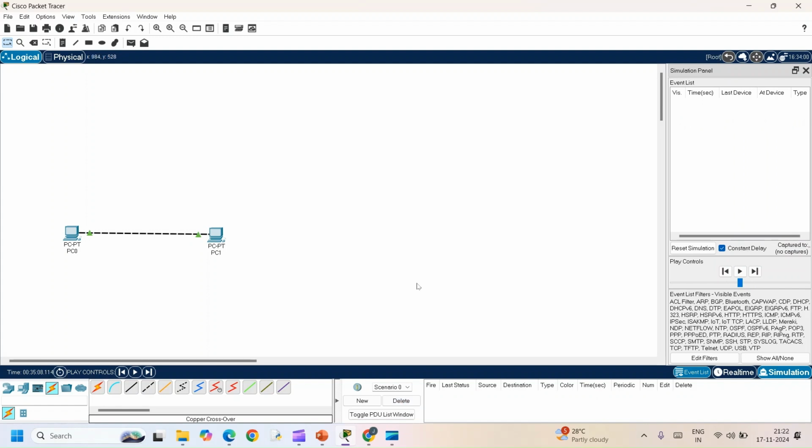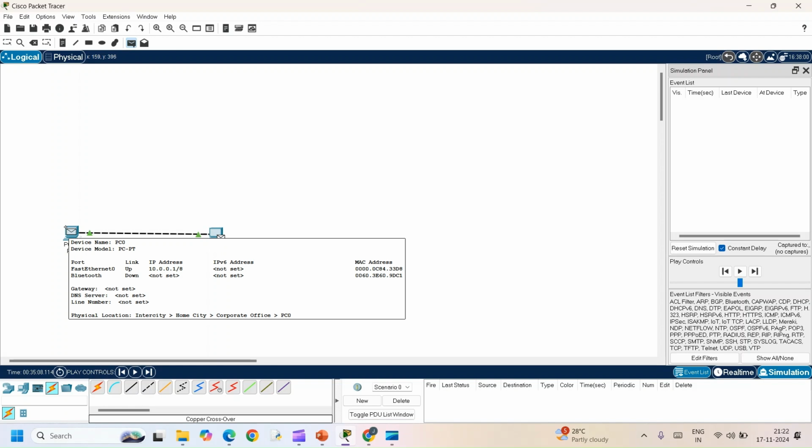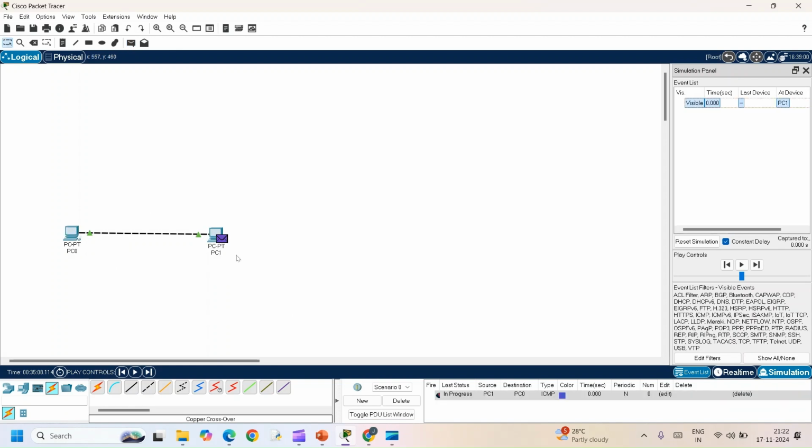This is how it communicates. So from here to here, if you want to communicate, in the same way select the packet message, drop it on the source and drop it on the destination. Then the play control is available here also. The message is sent and the acknowledgement is also received. You will get the notification: successful.